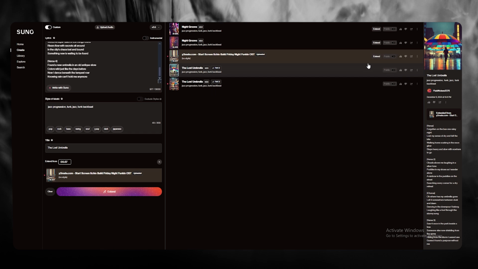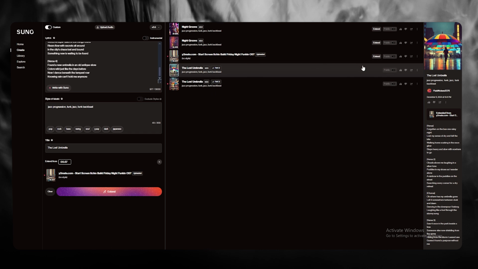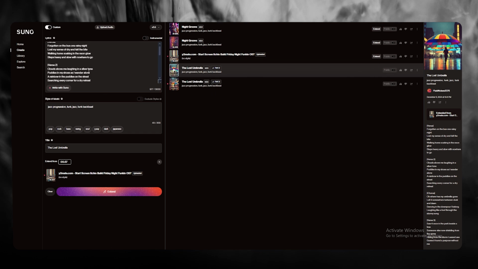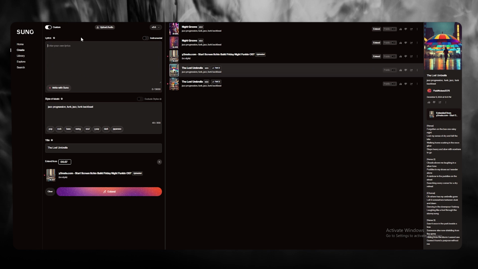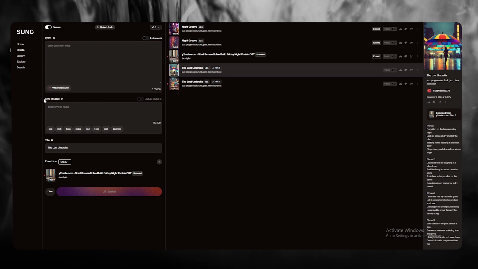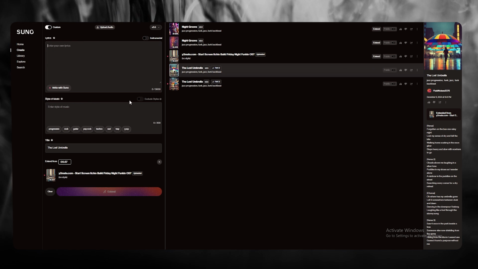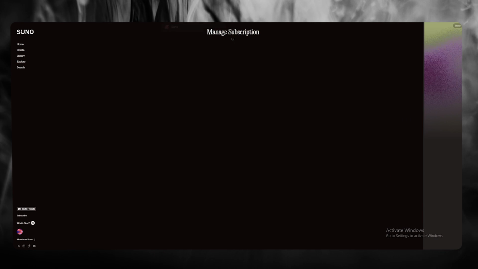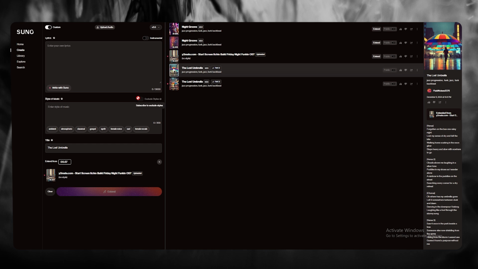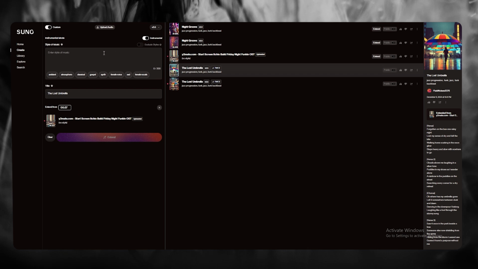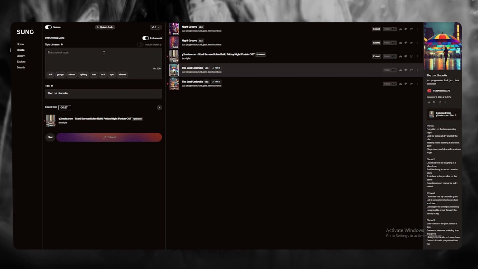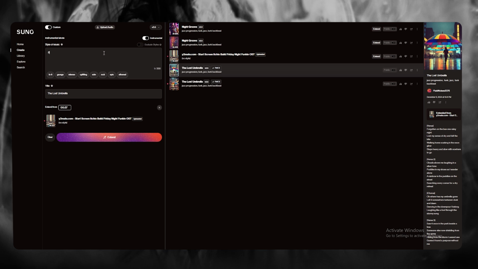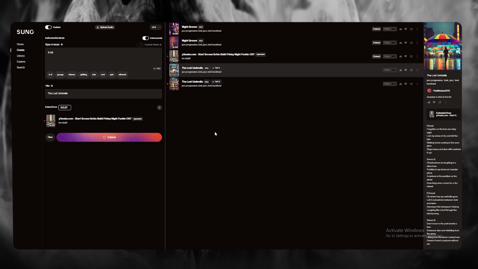So as you can see, you can extend it like that, or if you want to extend it even more, I'm going to go ahead and remove all of that. I'm going to remove the style of music or anything, and I'm going to click on exclude styles. And to exclude styles, by the way, you will need to be subscribed. I'm also going to keep it totally instrumental, and I'm going to write 8-bit,